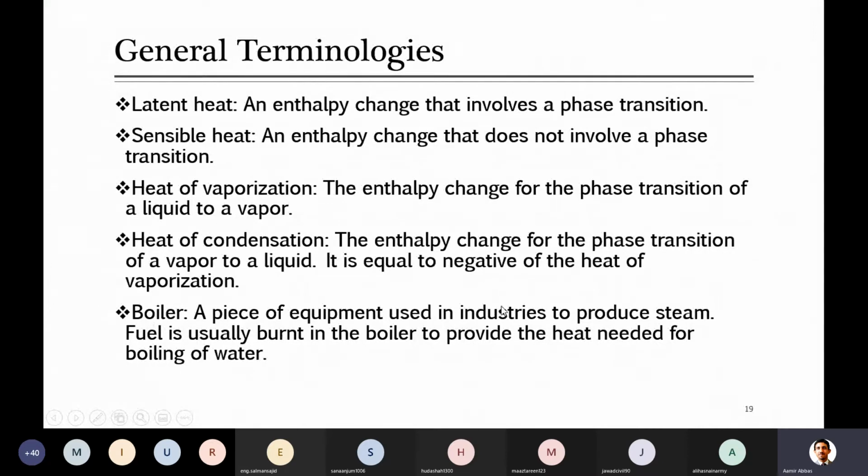And then at the end of the day, when we have to produce steam, we use a boiler. A boiler is a piece of equipment used in industries to produce steam. Most of the time, to produce steam, you will definitely need heat. That heat in industries is provided by burning some fuel. But we have one boiler here in the lab. When you come back to the thermodynamics lab, you will see that we are providing heat with the help of simple electricity. We are using electric heaters, and in lab scale equipment it is easy to provide heat on a small scale by electricity.